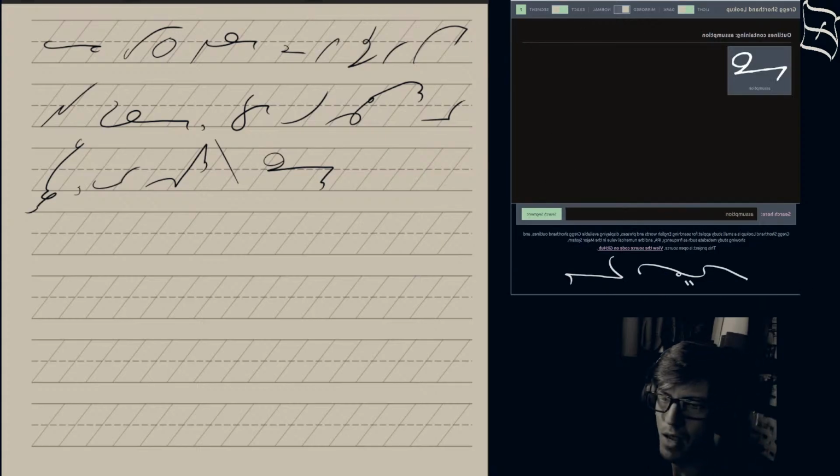Assumption and assumptions. Good, good. Comma. Let's now see what the next part is. Which enable certain but not other descriptions. Which enable certain but not other descriptions.